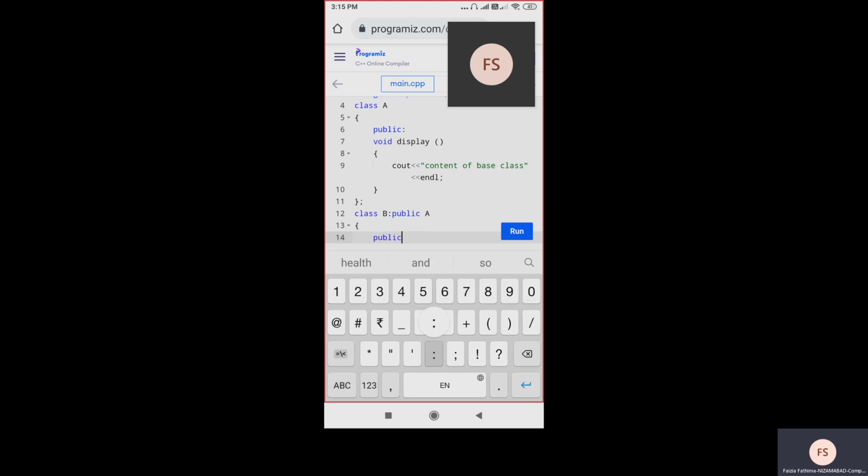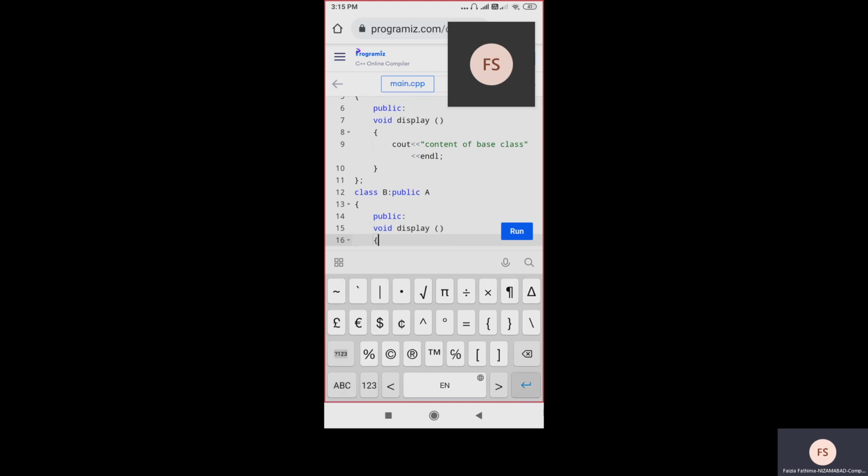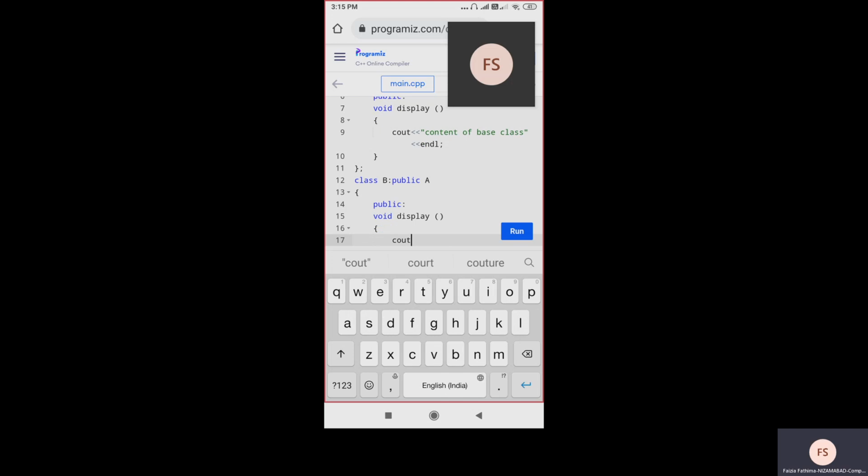In that public specifier, again I am having void display. Here in void display, you can see cout double less than content of derived class.